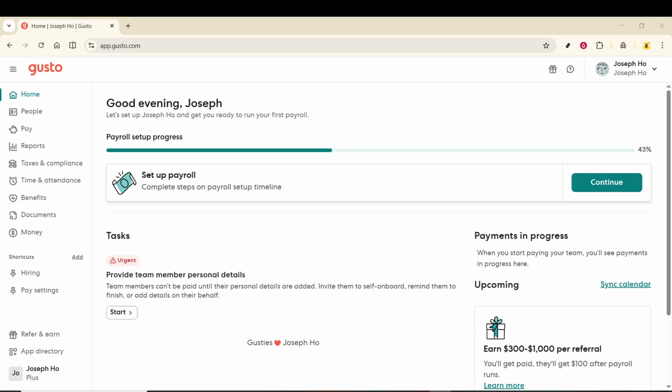In today's video, I'm going to teach you how to add bank in Gusto. To get started, log into your Gusto admin account. Make sure you are signing in as an admin, because the banking and billing options are only available to users